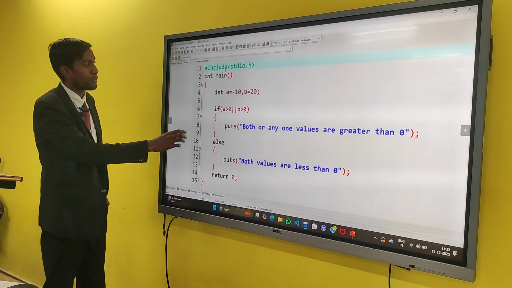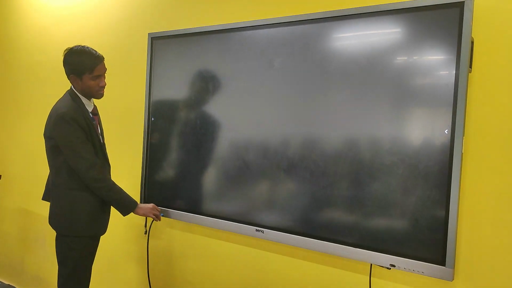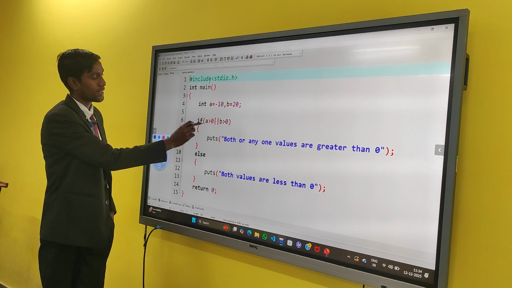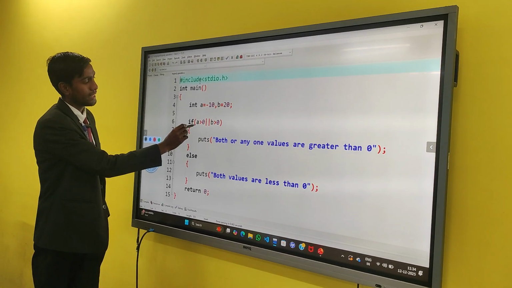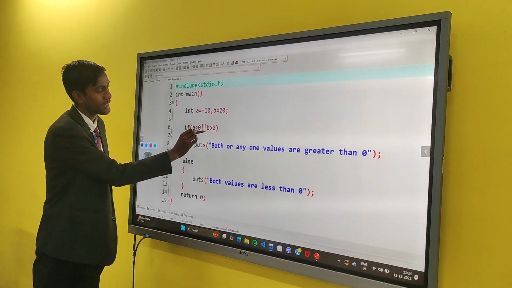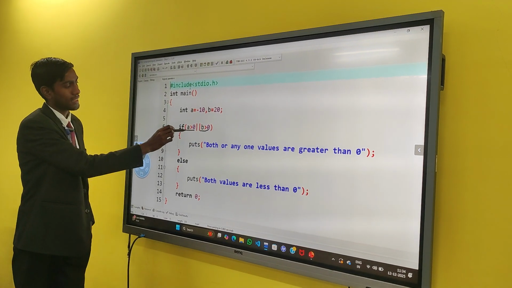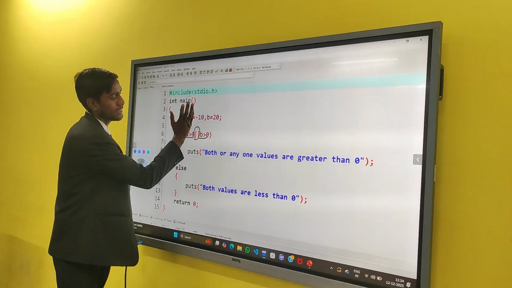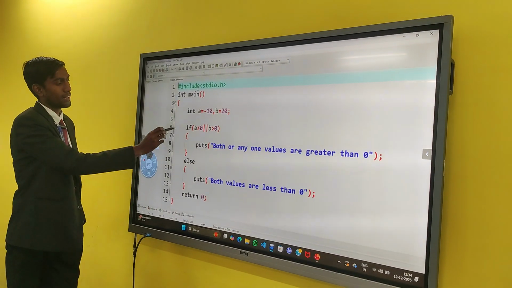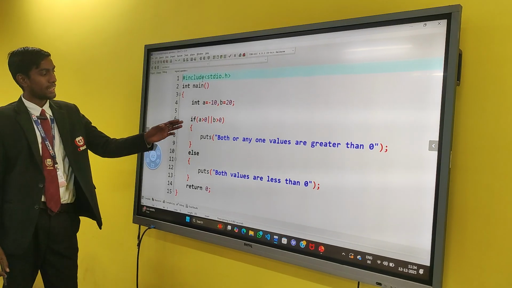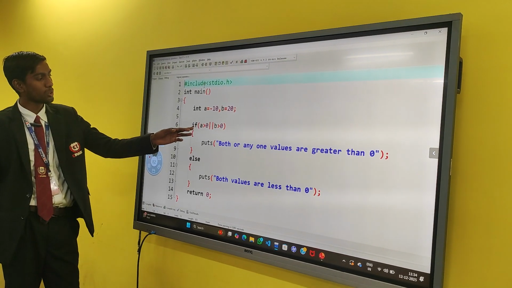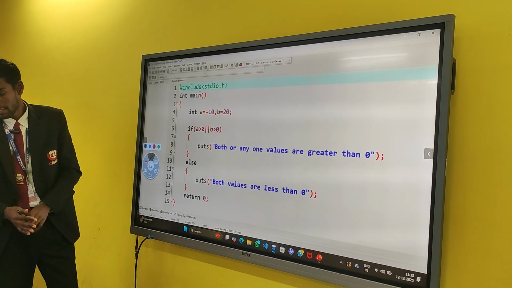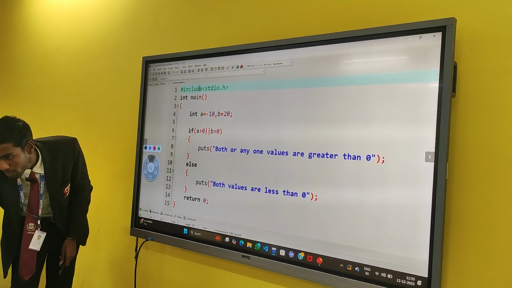In my program there are two conditions, that is a is greater than 0 and b is greater than 0, and they are combined with the logical OR operator. Here if any one condition is true, then my output is shown. Let's see my output.